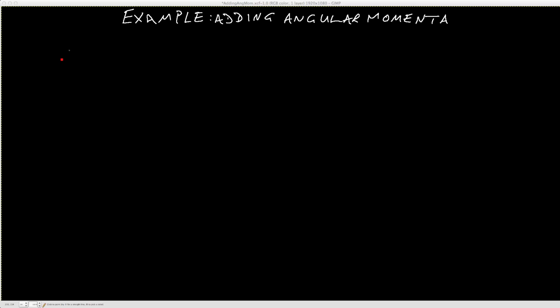I'm going to discuss an example of adding angular momenta, and for those of you who are interested, this is actually taken from the 2009 paper, question 9. I will give details as I go along. So the first part of this question asks you to show that for a system where you're adding together L and S, we've got J equal to L plus S,